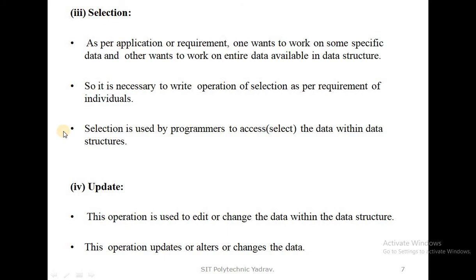Selection is used by programmers, that is, users, to access or select data within the data structure. Whenever we select data in a data structure, we use the selection operation.